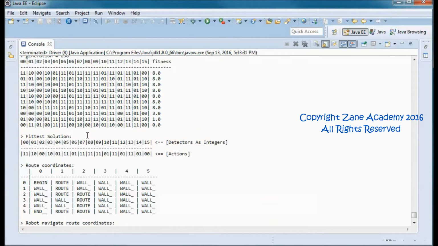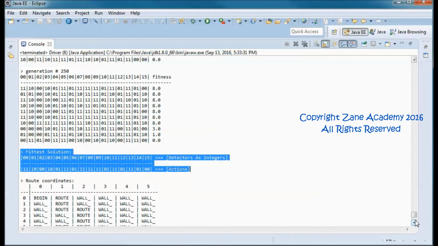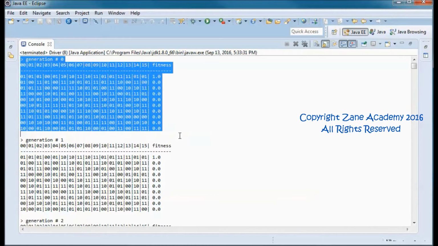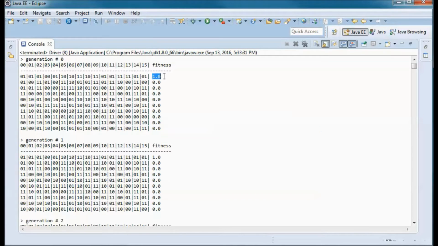So this fittest solution, we evolved it from here, from generation 0, and this is the population of potential solutions, and this is the fitness for each solution, and they are sorted by fitness.